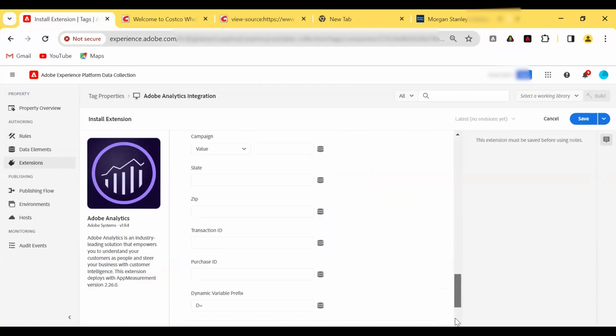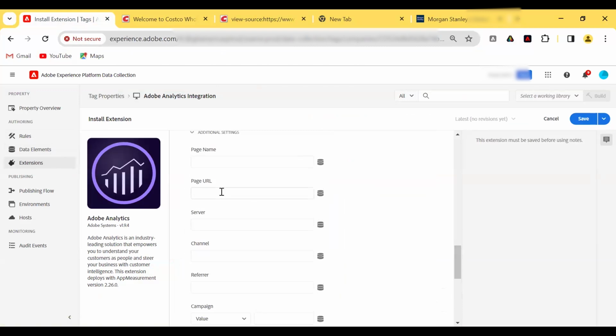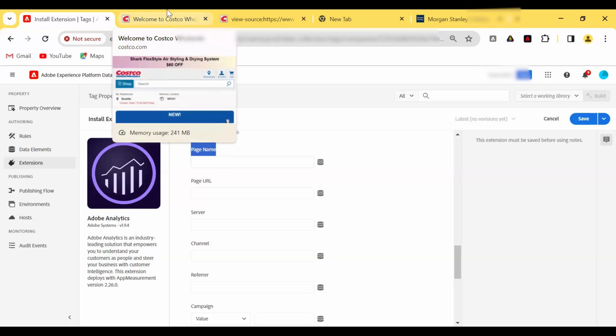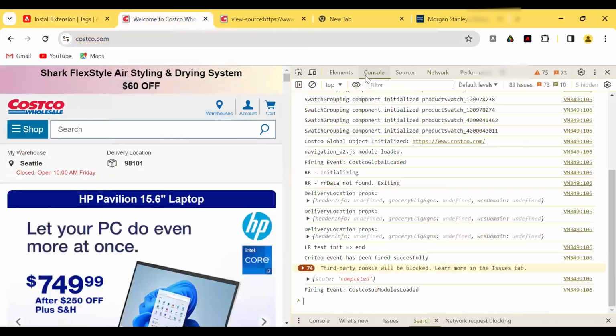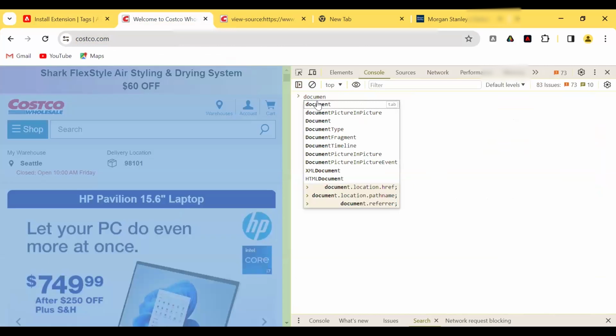Now, for other settings, like if you want to give a page name data element: by default, if you are not defining anything, it captures the page URL. You need to define explicitly what you want as the page name. Some people define page name as document.title. So if I type document.title,